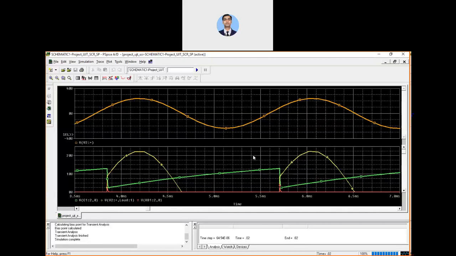So this is all about how to simulate the SCR triggering with the UJT circuit. Here we have our oscillator circuit.